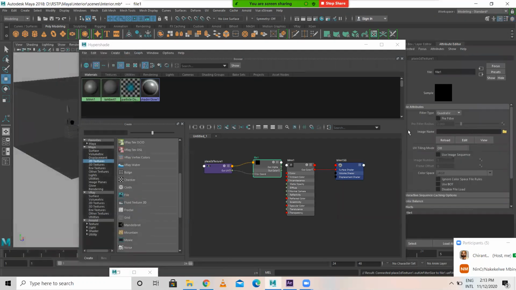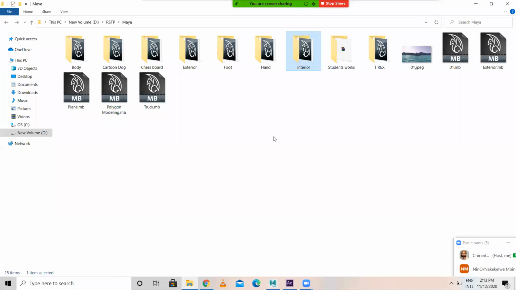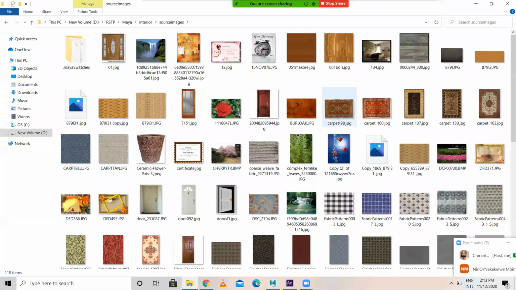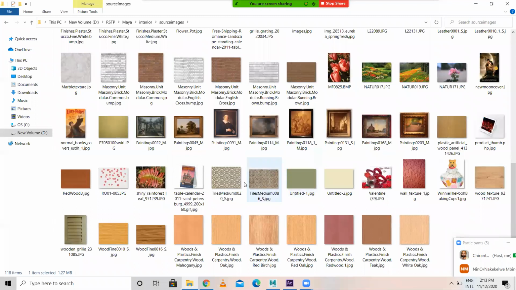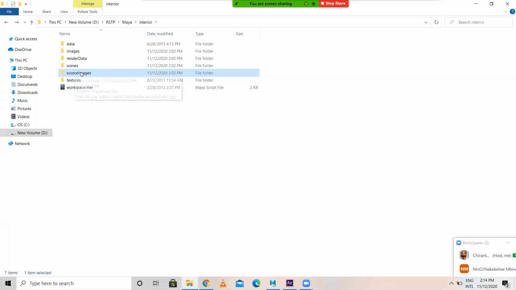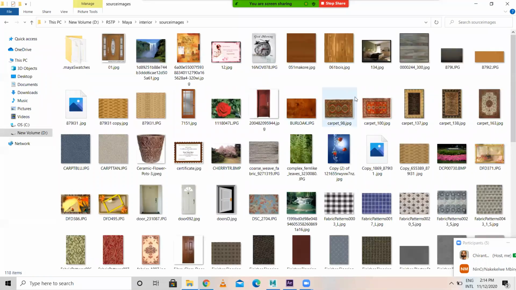In the model, I have done an interior model, and I have copied so many source images: carpet image, some fabric image, leather texture image, tiles image, wood image. These are the images you have to collect and copy inside the project folder, that is in source images. This is your project folder. Once you create a project folder, so many folders will appear, right? Your Maya file will be saved inside scene. Under the source images folder, you have to copy the textures. Okay, got it? Any doubt?